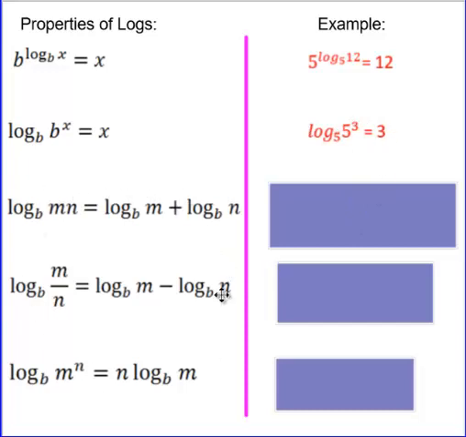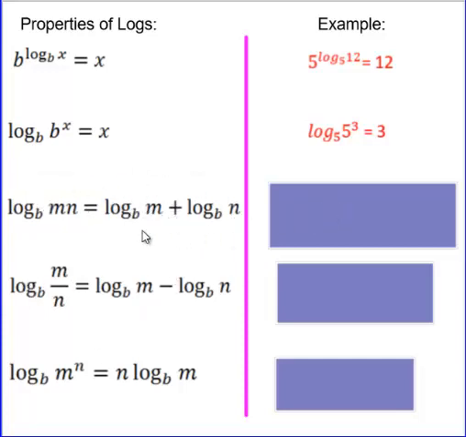Now, these next three are expanding or condensing. Usually if you write it out with the plus and the minus, or this number here in front, that's called the expanding piece. And on the left-hand side, that's the condensing piece. So we can go back and forth using these properties, depending on what our numbers are and what we're trying